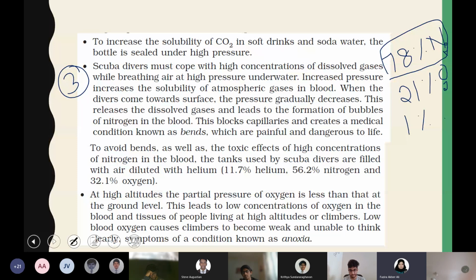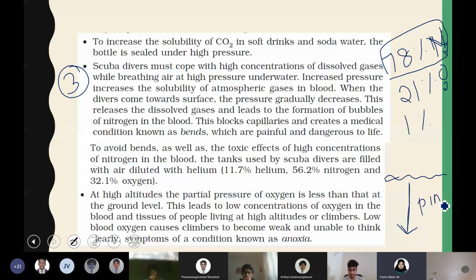So if you're taking this air in a cylinder, in a can, when you're going for diving, what is the problem is the nitrogen. Okay, so this is the sea level and you're going for scuba diving to the bottom part of the sea. You know what happens to the pressure when you're going down towards the bottom part of the sea? What happens to the pressure? Ma'am, it increases. Always when you're going down, the pressure increases.